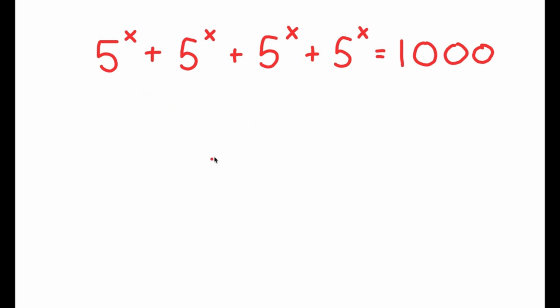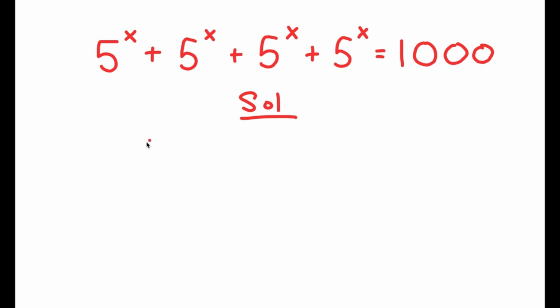Alright, so in this problem, I have 5 to the power of x plus 5 to the power of x plus 5 to the power of x plus 5 to the power of x is equal to 1,000. So for my solution, I'm going to first start by factoring out 5 to the power of x from my left-hand side, because as you can see, we have 4 of the same terms on my left-hand side, and the easiest way to go about solving this equation is